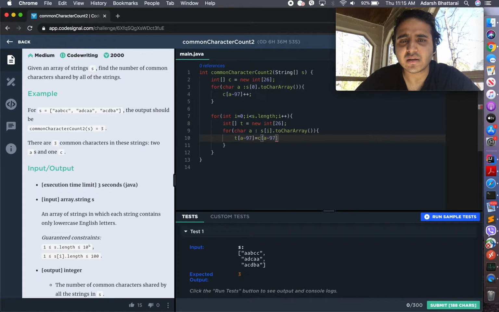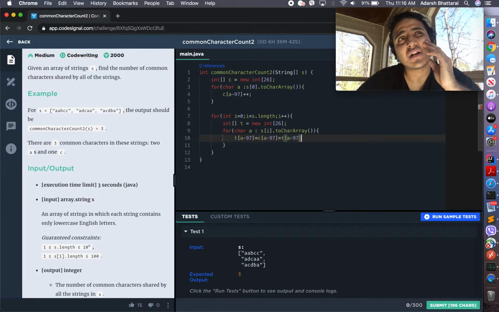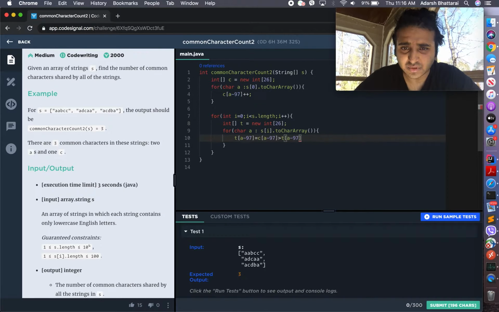is greater, let's say there are two A's and this one only occurred one A, that means T of A minus 97 is greater than this 2. If C is still okay, we put 1, it's just 1, and the next time it will be 2 if there are two 2's. Then if that's the case, then what we do is plus 1 else 0,